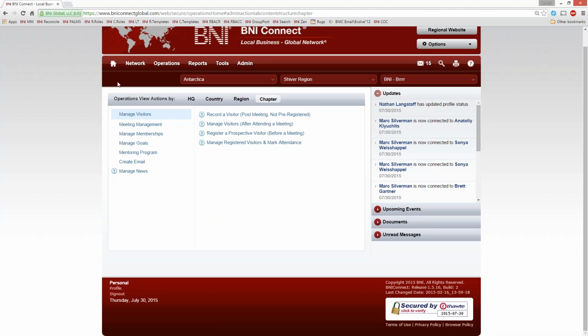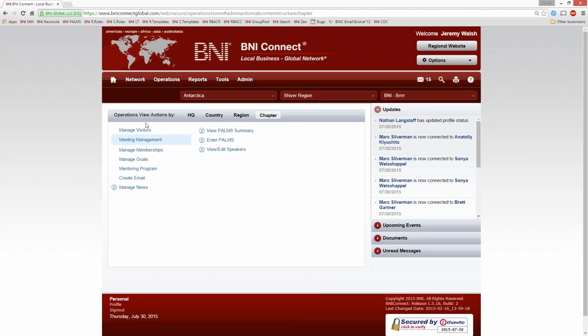On the left-hand side, you'll see our different areas of management. And on the right-hand side, you'll see individual things. And you can see we have managed visitors, we have meeting management. Obviously, visitors has all the things to do with, well, visitors. And then meeting management, that's going to be the Poms and the speaker rotation, the things that you're doing really